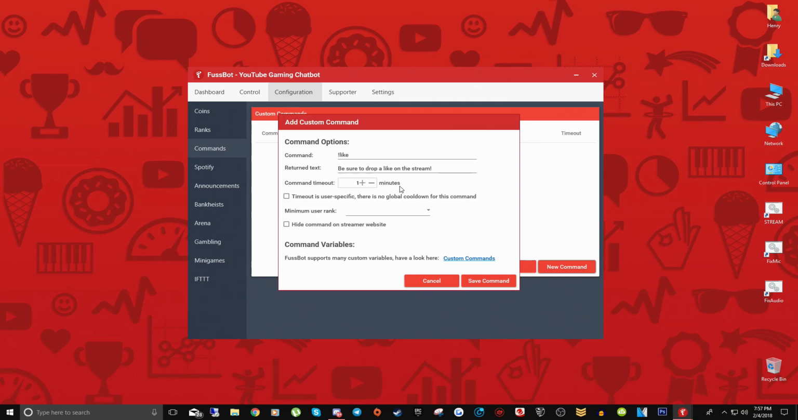You can set this interval to whatever you want. However, for my live stream and for the speed of my chat generally, I usually set the command timeout to 1 minute. You can also set the timeout to be user specific, which means that this command timeout wouldn't be